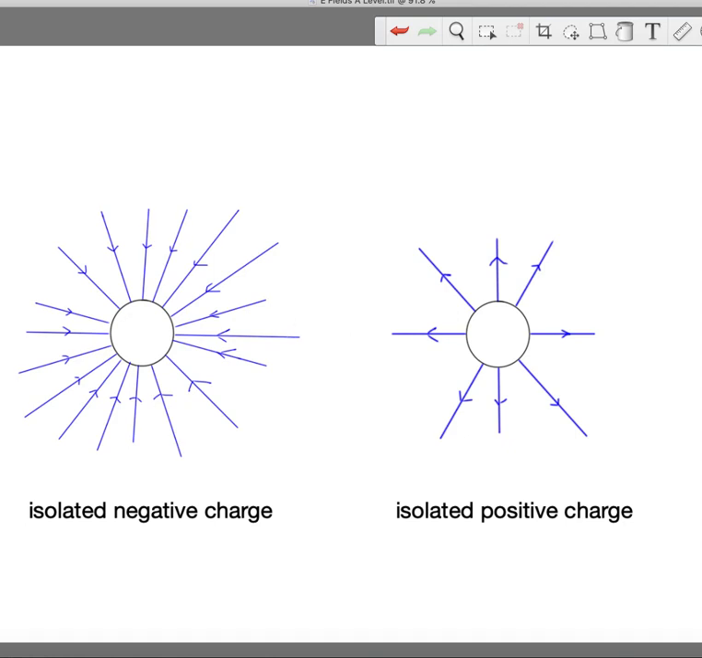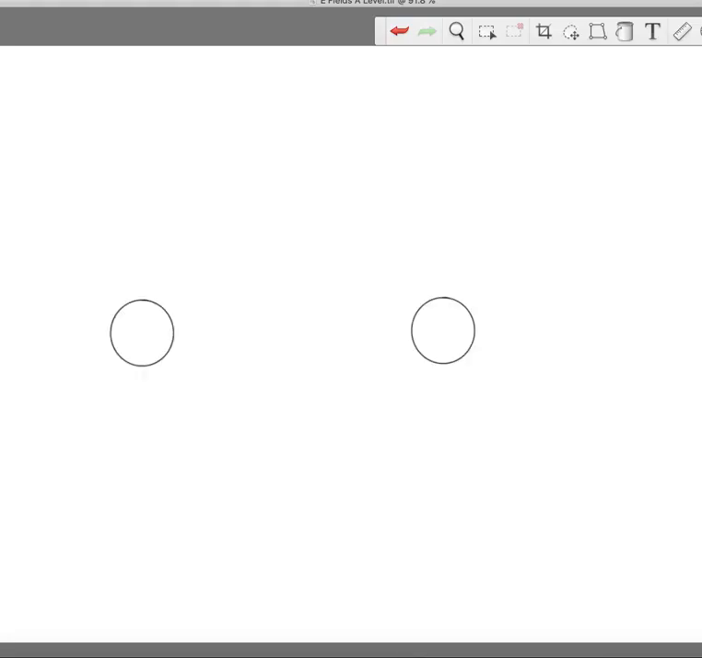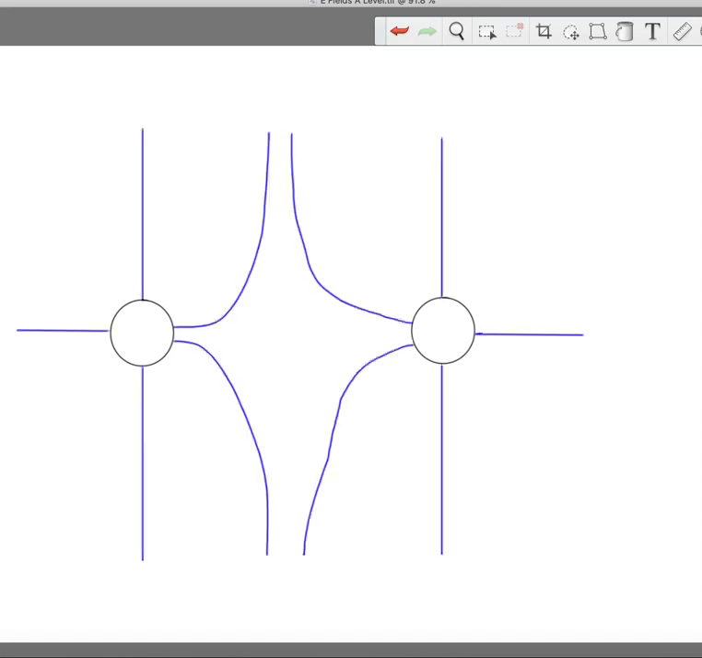So let's look at the field around two spheres. Let's say we've got two positive charges. Now let's start with two negative charges. If these are negative, remember the field lines are coming in towards the charges, but these two themselves would be repelling. And so if this is fixed in this position, and this is fixed in this position, what you would